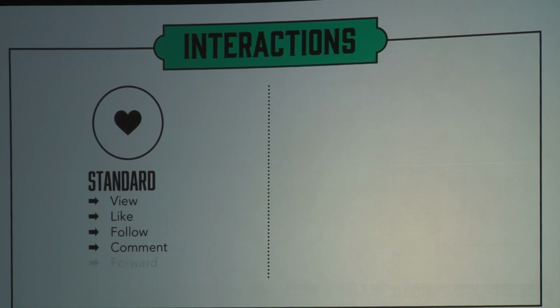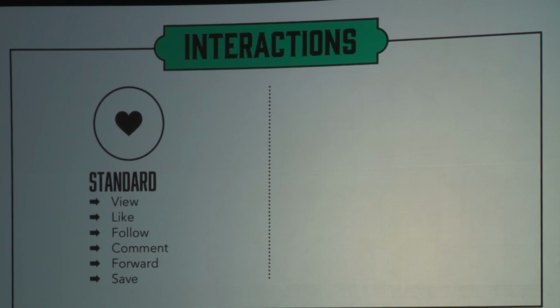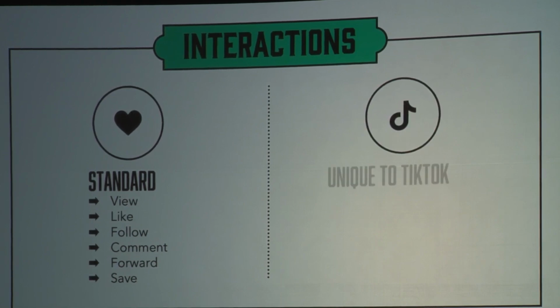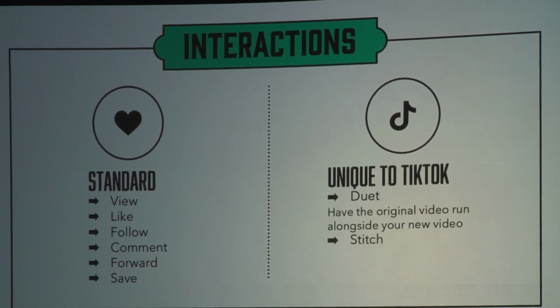You can comment on them. You can forward them. You can actually save some. If people have allowed it, you can save a TikTok post and you can post it elsewhere. And these all register as interactions with that post for the algorithm. Remember, you're doing this because you're telling the algorithm, this is what I like, and the people who follow me, this is what they want to see. But TikTok has two other unique types of interaction, and they are called Duet and Stitch.